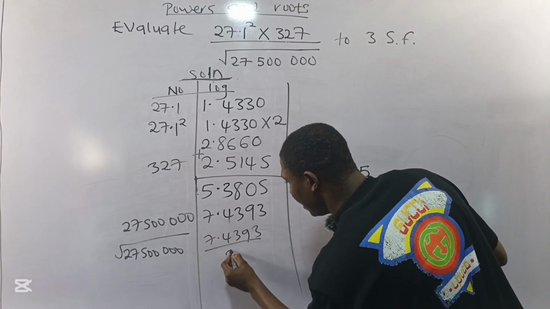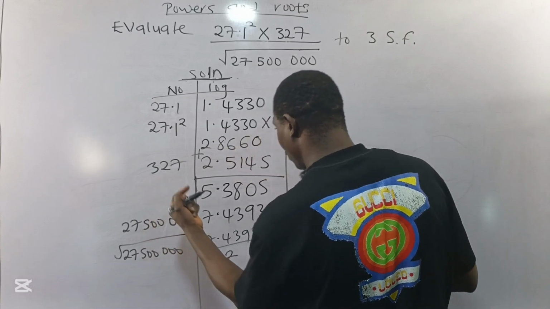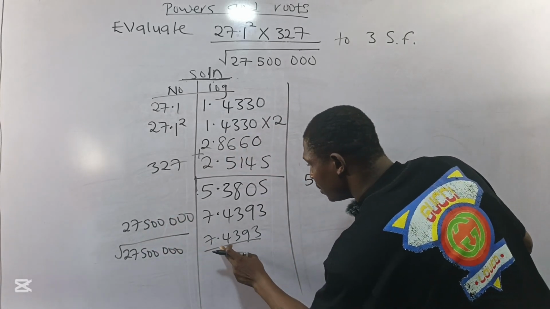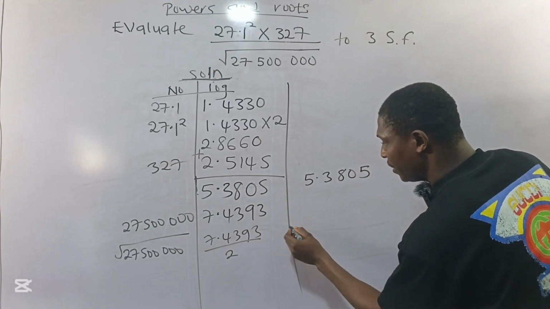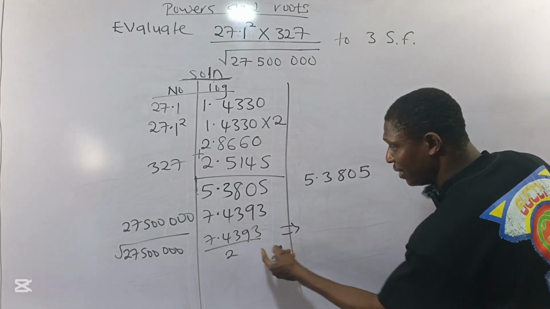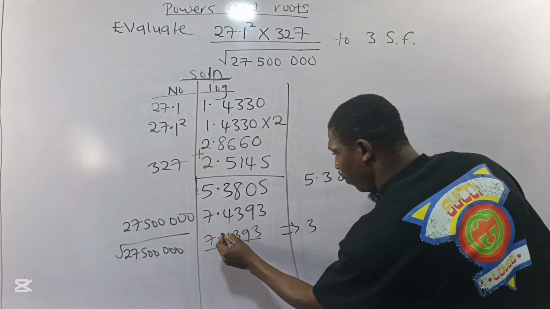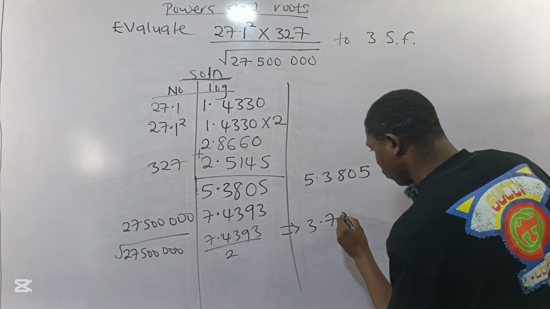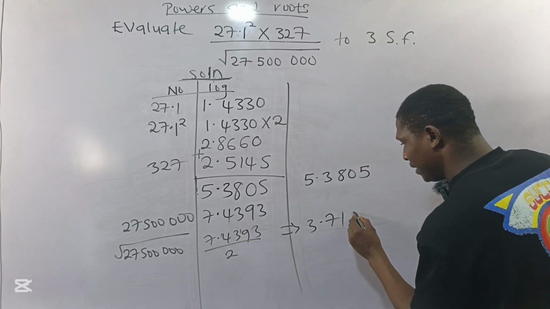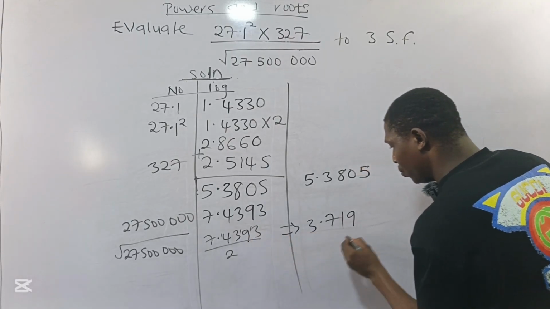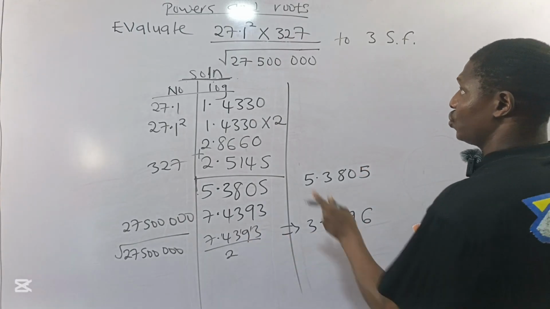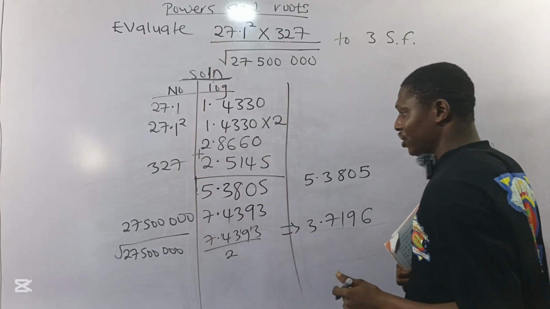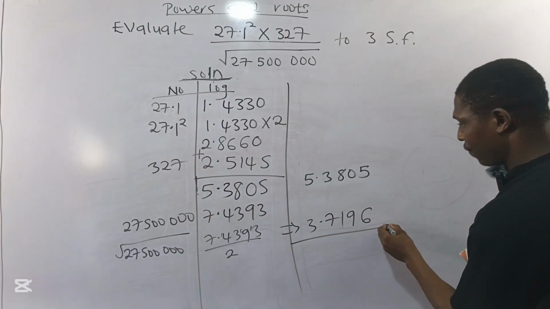7.4393 divided by 2, because square root is raised to power one half. So the button is what? Division, that's square root. 7 divided by 2 will give me 3. I'll put it directly, 3. Remainder 1 into 14, I will have 7. Into 3, 1, remainder 1. Into 19, 9, remainder 1. Into 13, 6. So since it's division that connects the numerator and the denominator, I'll therefore have